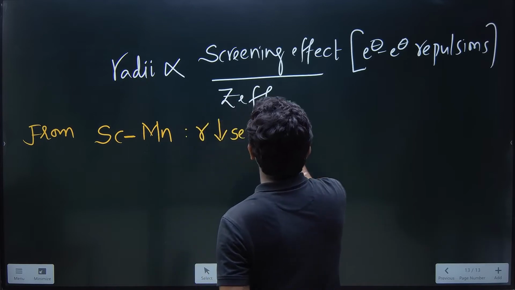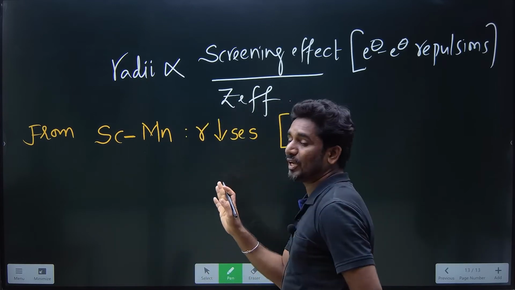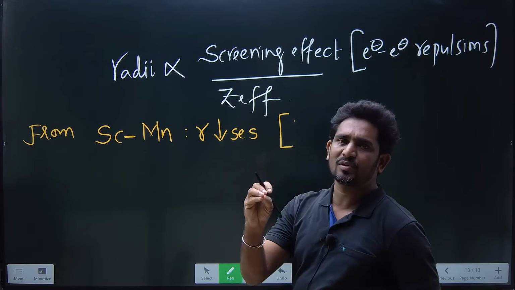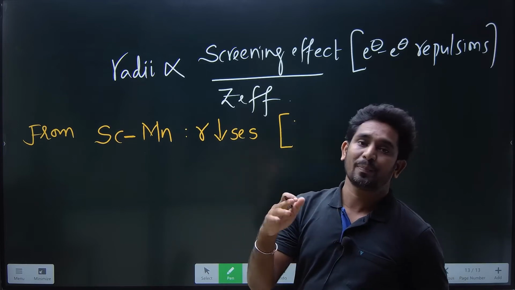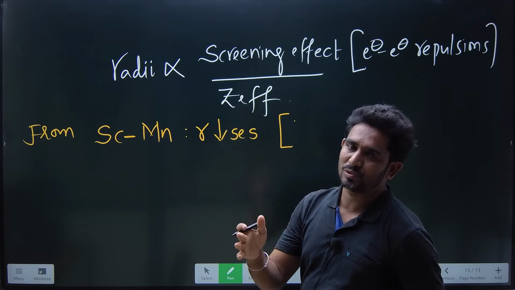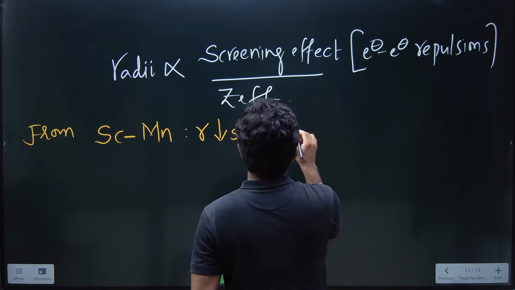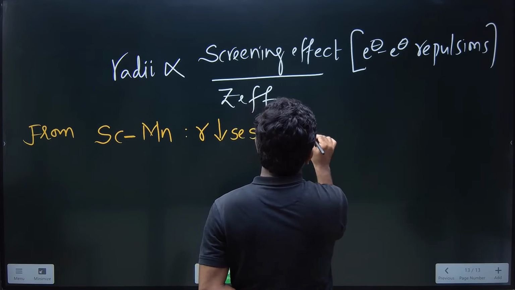Why? Because from scandium to manganese the number of d electrons increases. ठीक है, but pairing नहीं होता ना, so repulsion is not dominated. So what happens now, Z effective will dominate,